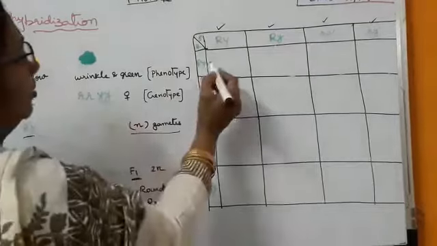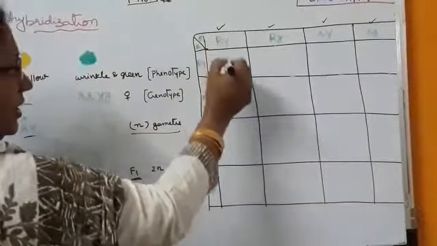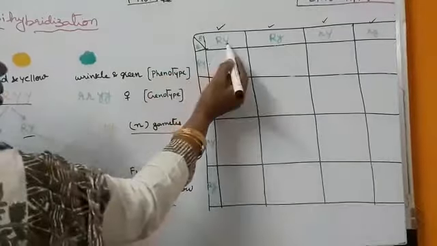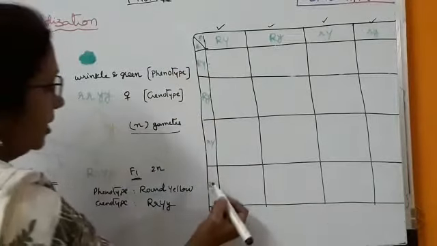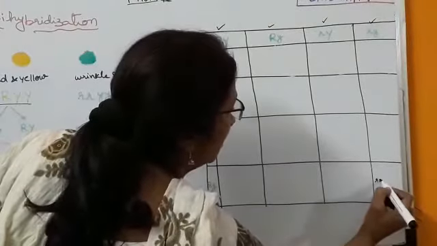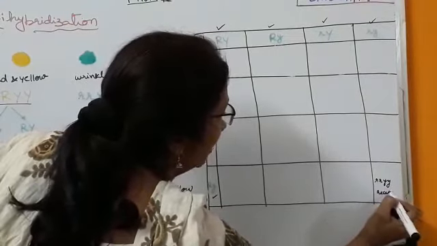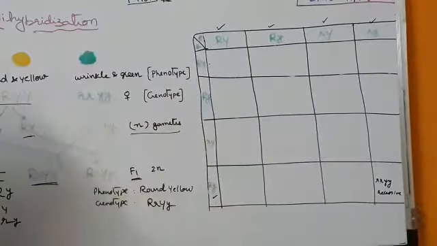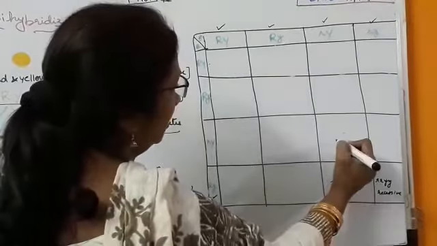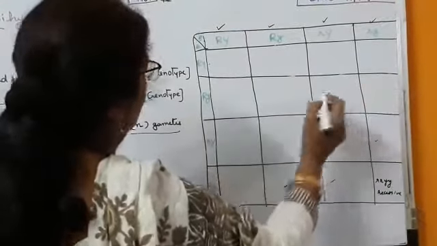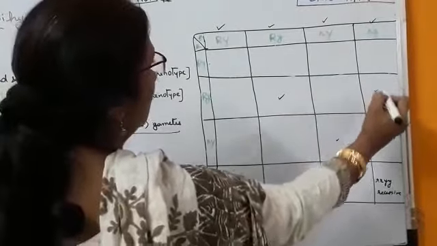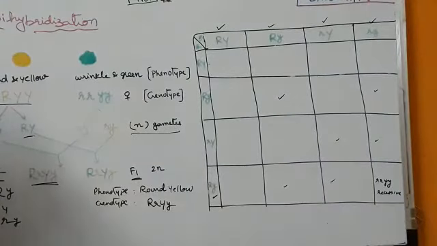If you write like that, automatically this line is completely dominant, this line is completely dominant, because capital R, capital Y is there. So there is no doubt. So where is the problem? This one. Here small r, small y, small y, completely recessive you will get. And in these three places you will get in a different way. And in these places you will get something different. So what are these different traits you will get? You are going to write in your homework book. In our live class, we are going to discuss.